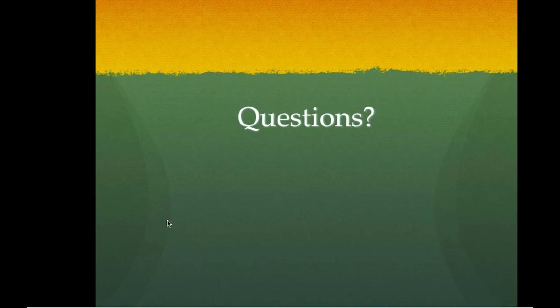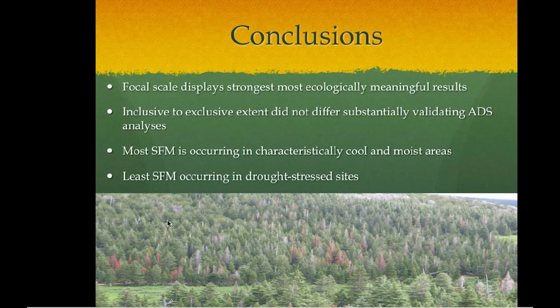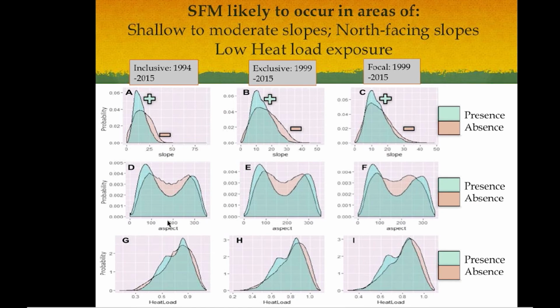Can you go back to your slides with the last graphs before you started the conclusions? That one there. Yep. So in the D, E, and F, were you saying that there was more beetle kill in the north-facing aspects? Yes. I guess that would seem confusing. We would have thought if that was cooler and wetter, why wouldn't the trees be doing better than the south aspects where it's hotter and drier?